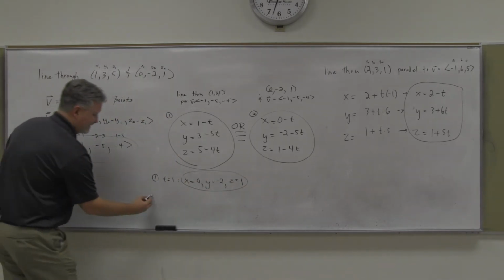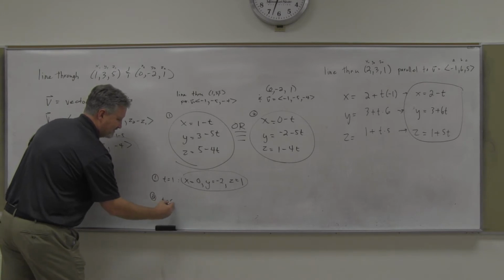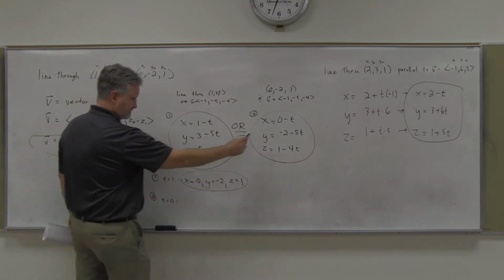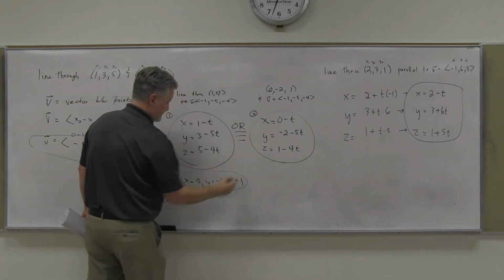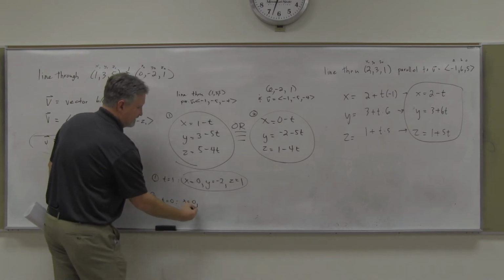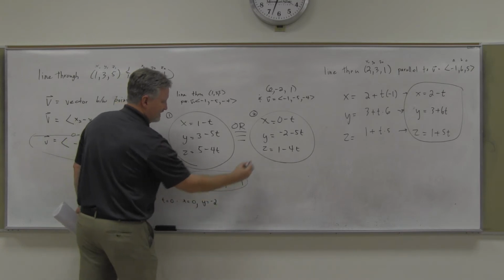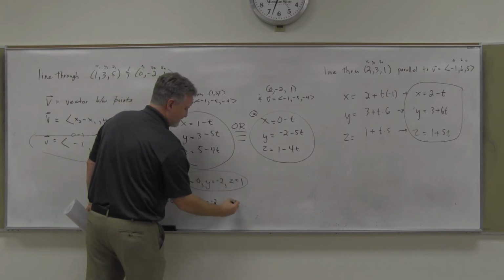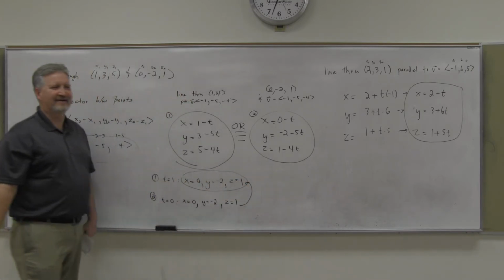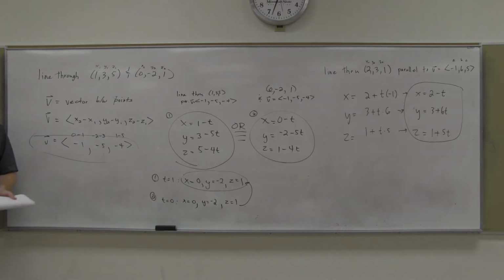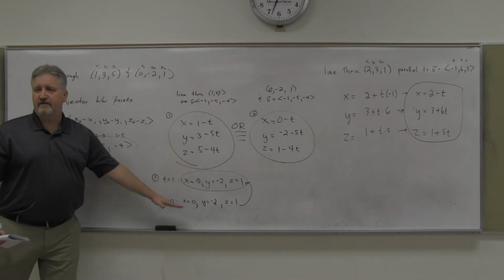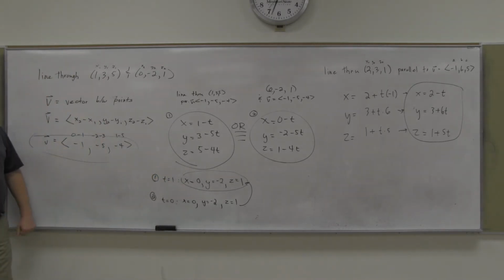Well, look at number 2. On number 2, look at t equals 0. At t equals 0, we'd have x is 0, y equals negative 2, and z equals 1. Exact same point. Okay. So that's what's going to happen. You're going to get the exact same points. It'll be different t values for each, of course, but you'll get the exact same points for each of those